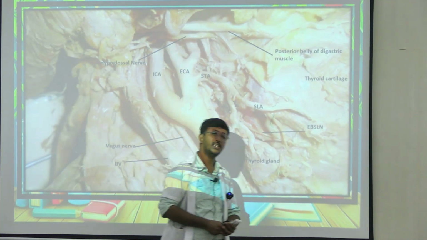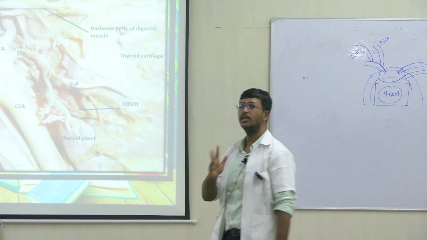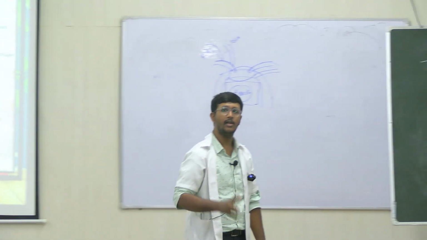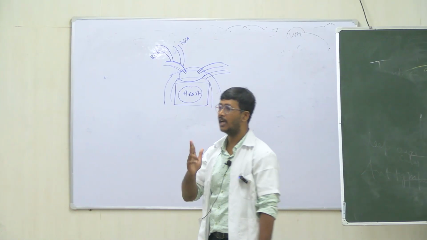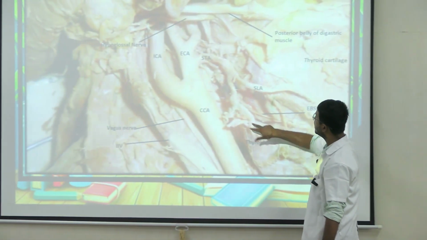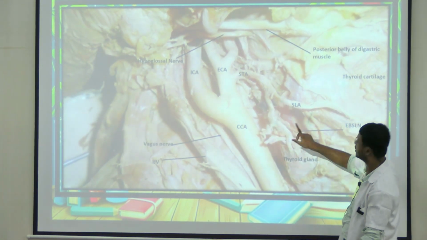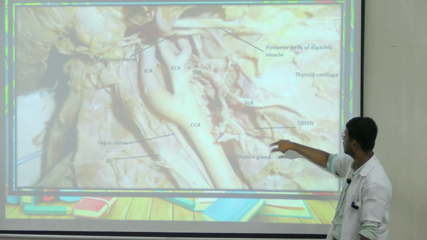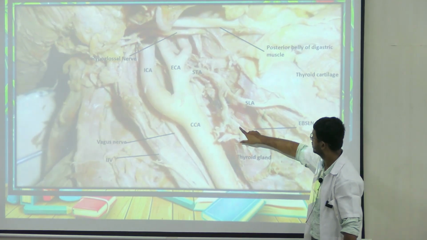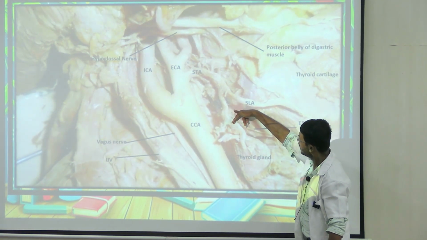Now in case of thyroidectomy, that is thyroid surgery, the blood supply to the thyroid gland has to be cut. So to cut the blood supply of the thyroid gland, I need to ligate this artery. If I ligate this superior thyroid artery at the upper pole, then there is a chance of injury to this external branch of the superior laryngeal nerve. Both these structures are close to one another. So if I ligate here,